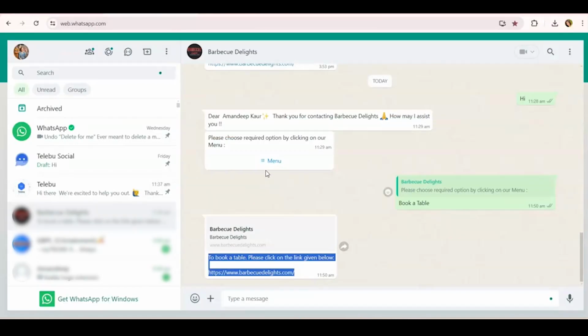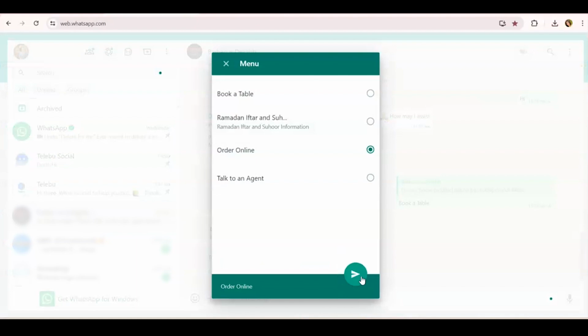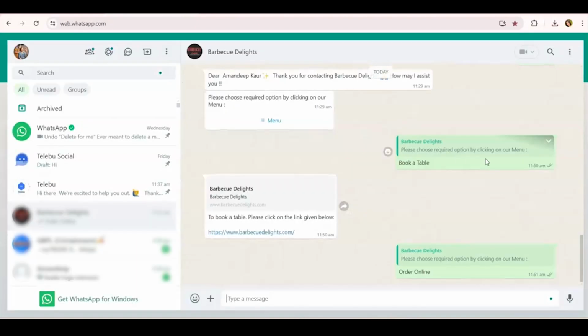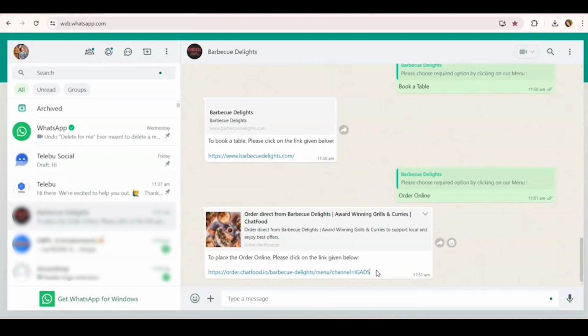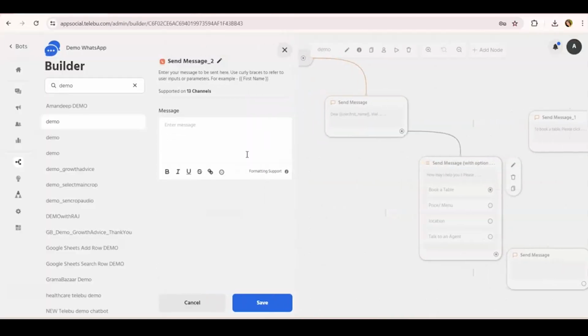Now if I click on price and menu, or order online, anything I click of price and menu, the order will be given. So if someone clicks on price and menu, I have to give this message. So I'll connect the node with the specific message that I want.